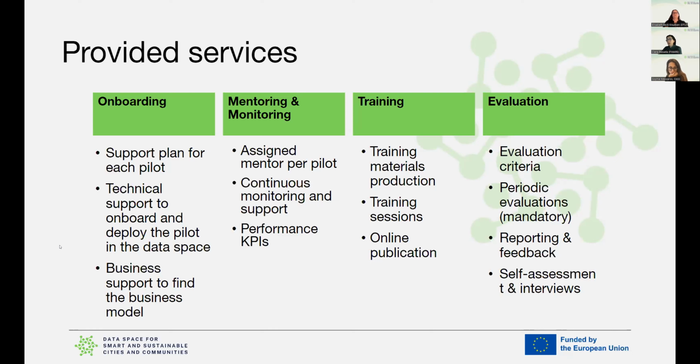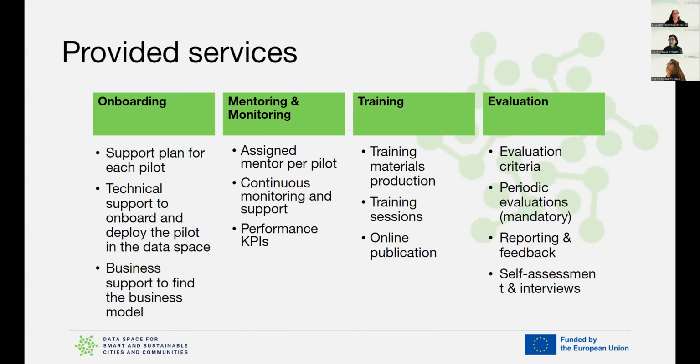Then we will also provide training services for the pilots at very different levels of maturity, depending on your baseline knowledge. And finally, we will also provide the evaluation service of the pilot, with periodic evaluations that will be mandatory for all the pilots, at least 3 times during the execution.